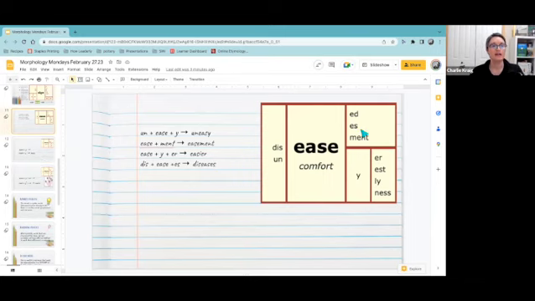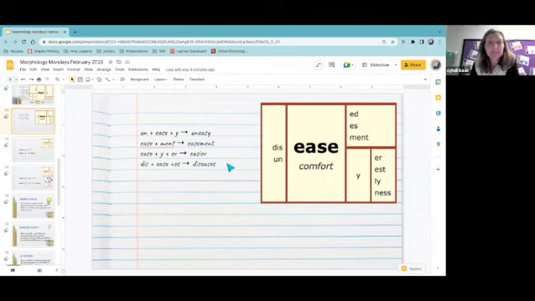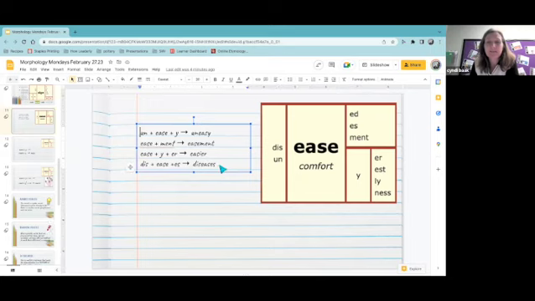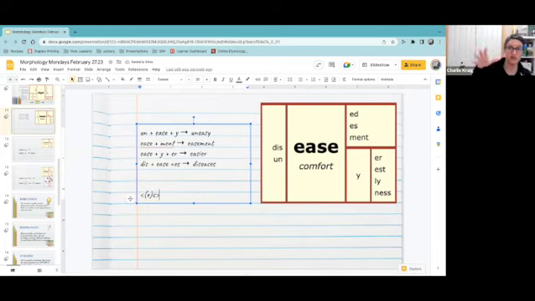So any idea why ES is the pluraling suffix here and not a single S? Don't worry, I had to look it up. Is it because when you say eases, you actually hear the es sound? Or I don't know, because technically this E should be silent. I don't know. That's just a guess. You're on the right track, Cindy.